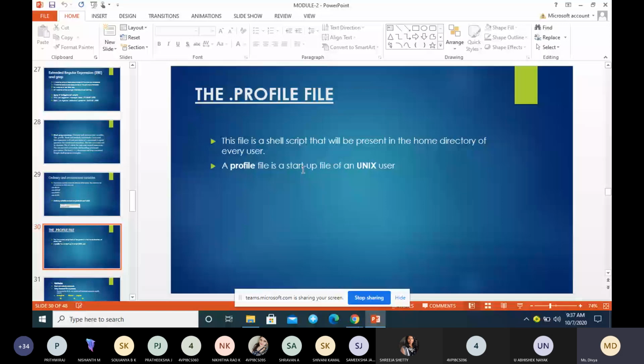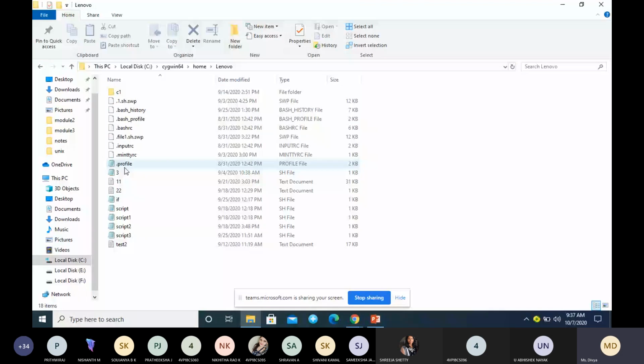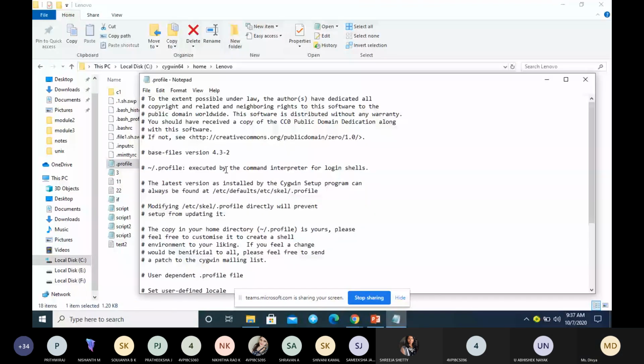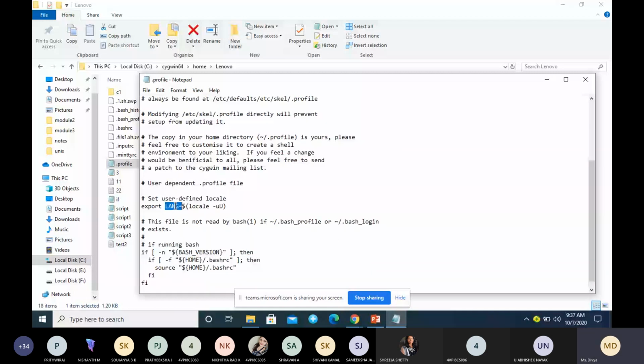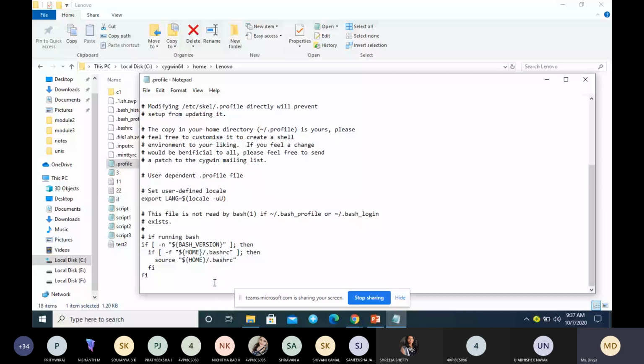You can see the .profile file. These are the things we'll have in it: what language we are using, and some of the instructions required to start executing commands.